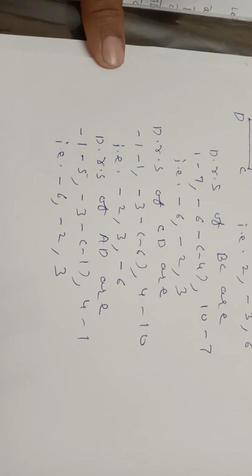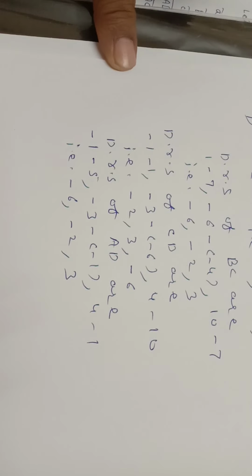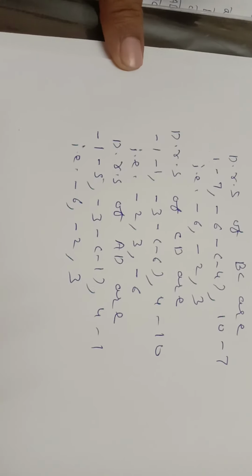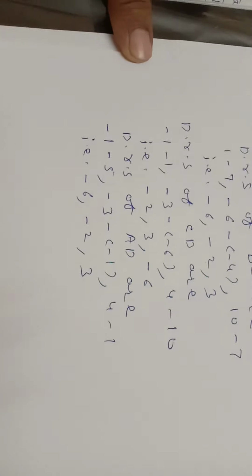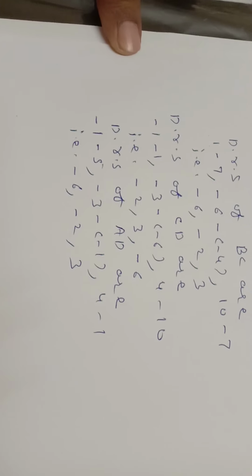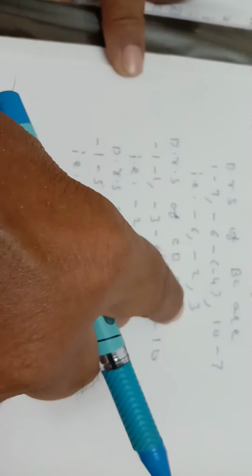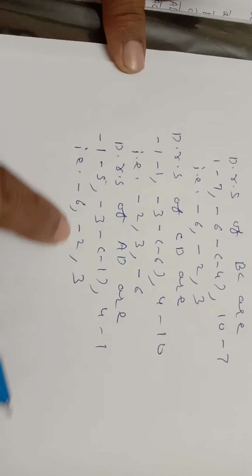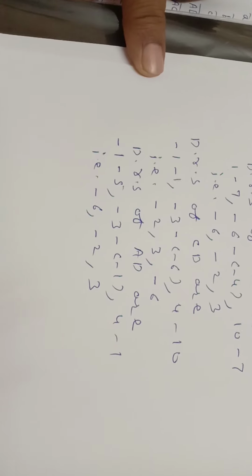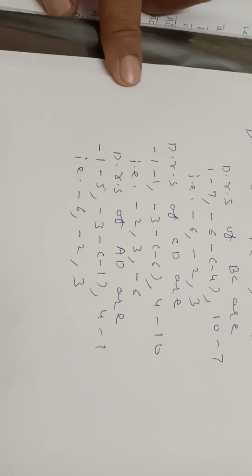We can observe that direction ratios, they are same with opposite side, means direction ratios are proportional. Similarly, in this quadrilateral, BC and AD, they are opposite sides. Compare their direction ratios. Direction ratios of BC, direction ratios of AD. We can observe that they are equal, means they are also proportional.